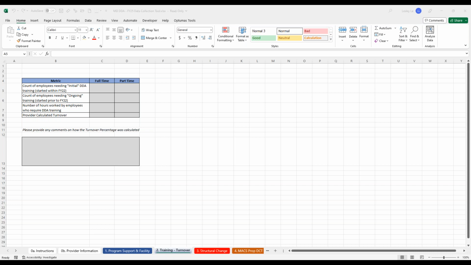And then that gives us that component: what percentage of their time in the year was spent in training? And obviously we have to account for new employees that require more training versus employees that have been there a year and only require recurrent training.